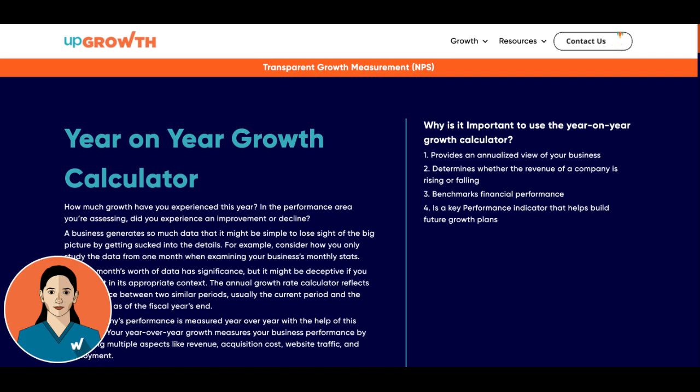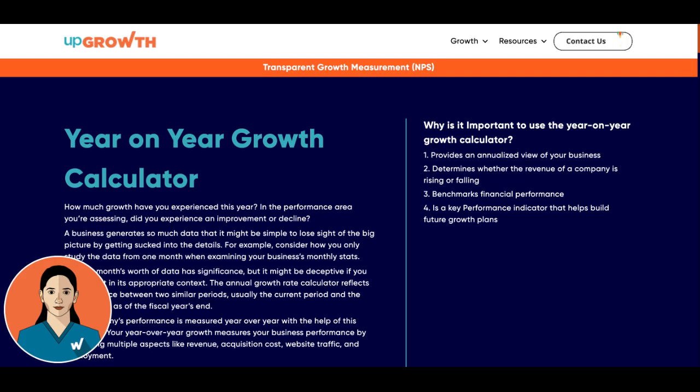Let's dive right in. By calculating the YOY growth rate, businesses can eliminate the effects of seasonality and fluctuations, providing a useful comparison of values. It is particularly valuable for businesses that experience seasonal variations or sales cycle fluctuations, as it helps measure long term performance while accounting for those factors.